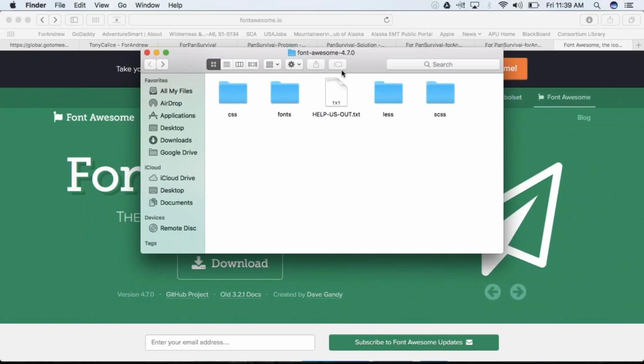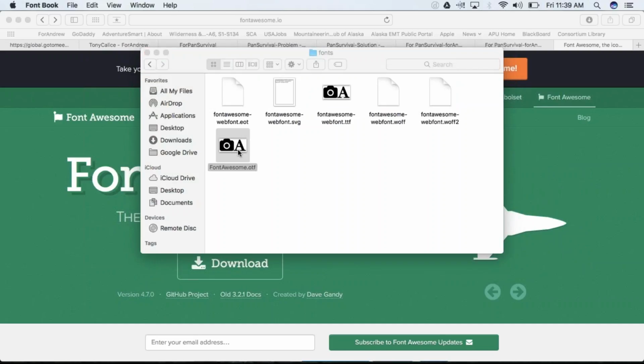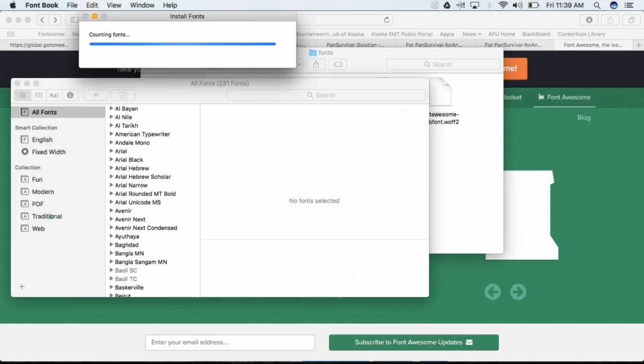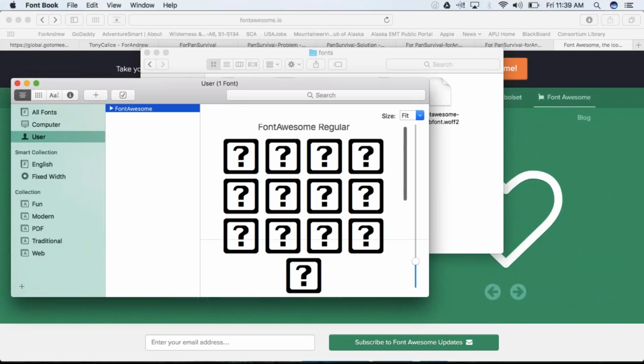Go to fonts, and clicking on the OTF, it'll ask you if you want to install it, and I do. I always say yeah. Install font. Now you can go back to your cheat sheet. I don't know why it doesn't show all the pictures, but